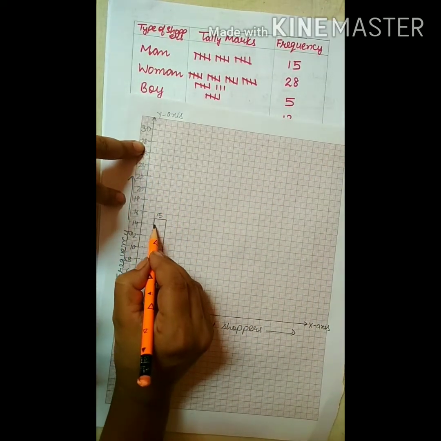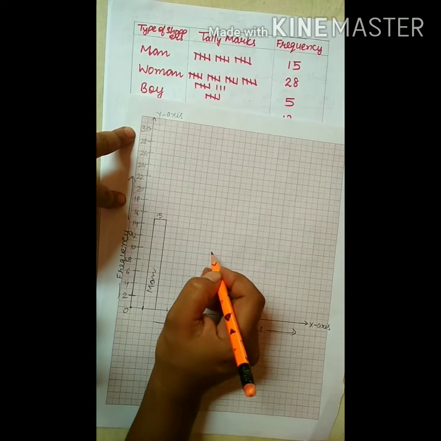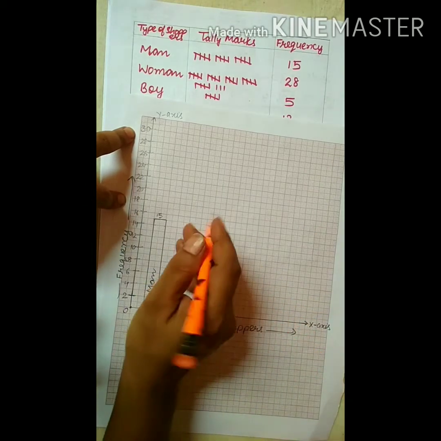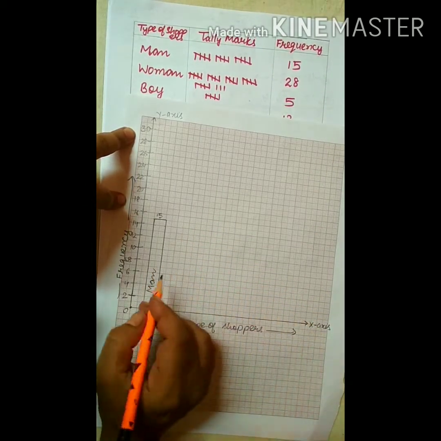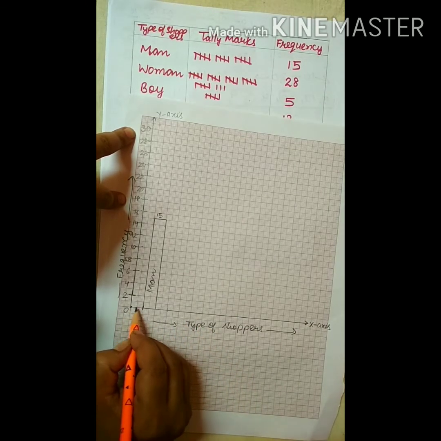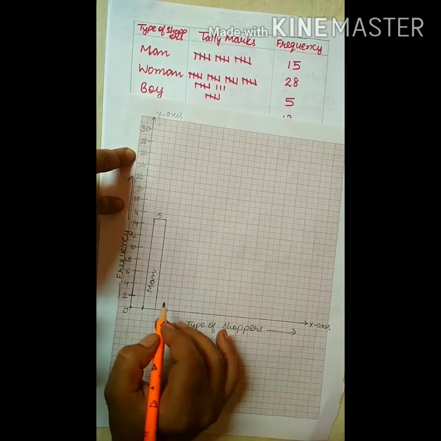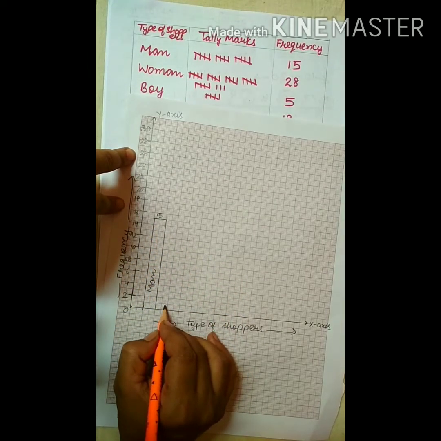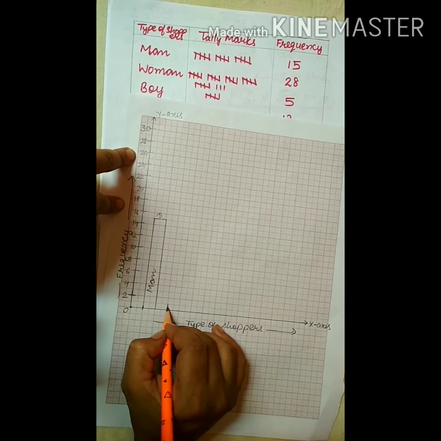Always keep in mind the width of the rectangle should be the same. That is why I have taken the graph. These rectangles already have the same gap. So while drawing the graph, I will always leave one bar's gap, and after that I will draw the bar. After that I will take the gap of one rectangle, then on this I will draw the next bar.